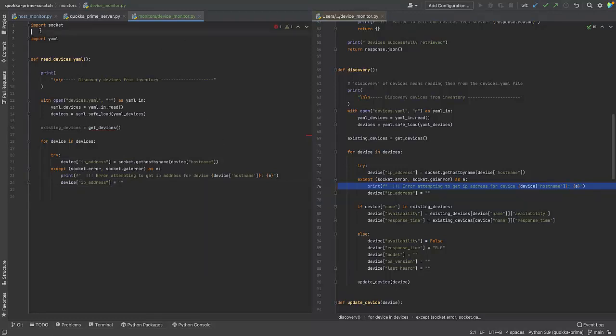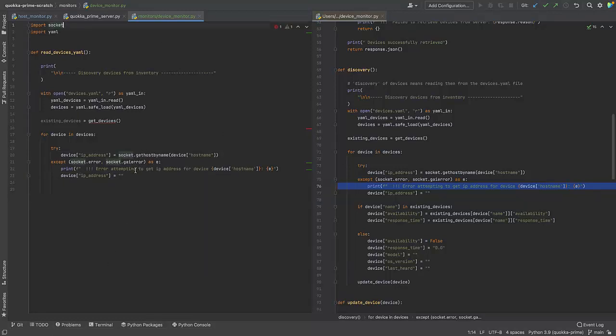Now the next thing, I'm going to set the availability and response time conditionally based on whether this is an existing device. In other words, if it's an existing device, I want to keep the existing availability and response time as it is. If it's a new one, I'm going to give those initialized values. So right here, I'm saying if the device name, that's the YAML device that I read in, is in existing devices, then I'm going to do this thing,